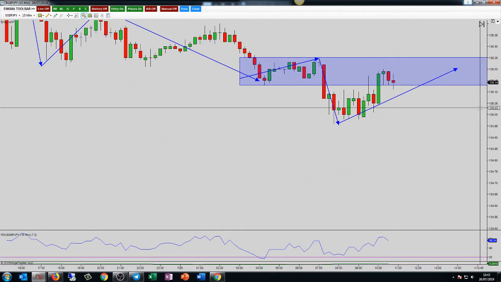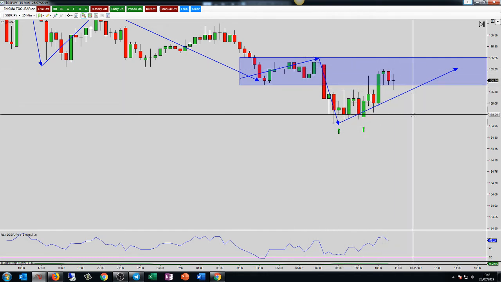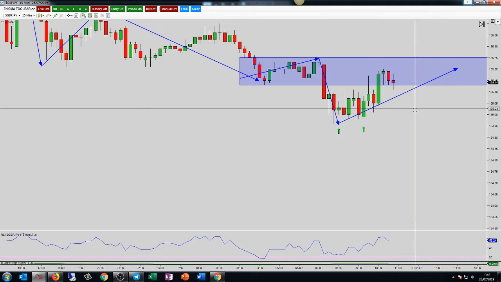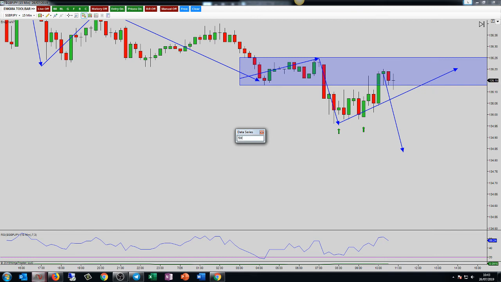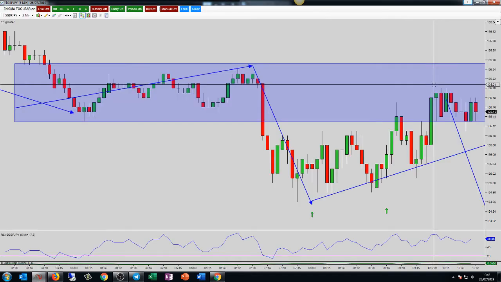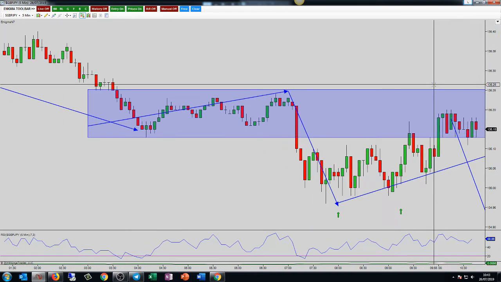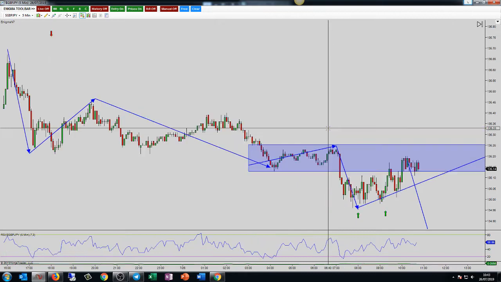Problem here on the 15, guys, double bottom, retest right here, haven't we? So wouldn't be something that I would look to get involved with now. I would maybe wait for another move lower and another pullback. Let's just go and take a look at the 5 though. Yeah, it's very ugly, isn't it, guys? Very, very ugly.